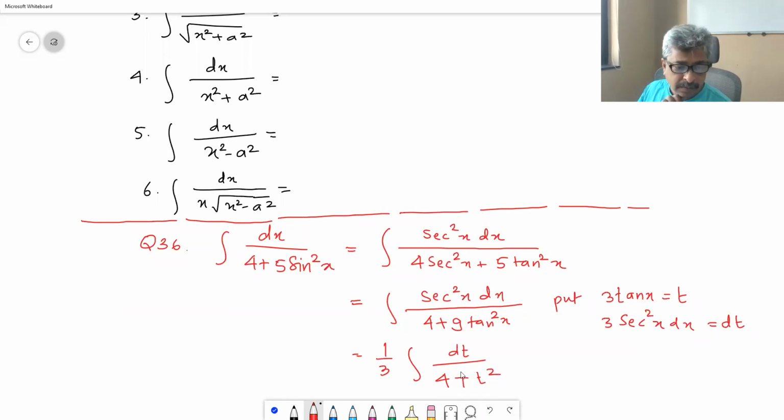This is standard. Problem number 4, and hence answer for problem number 4 is 1 upon 3 into 1 upon 3 is original, 1 upon a is 2, tan inverse t by 2, where t is